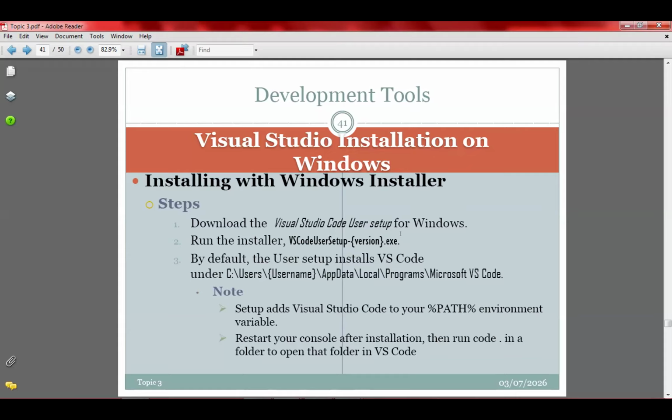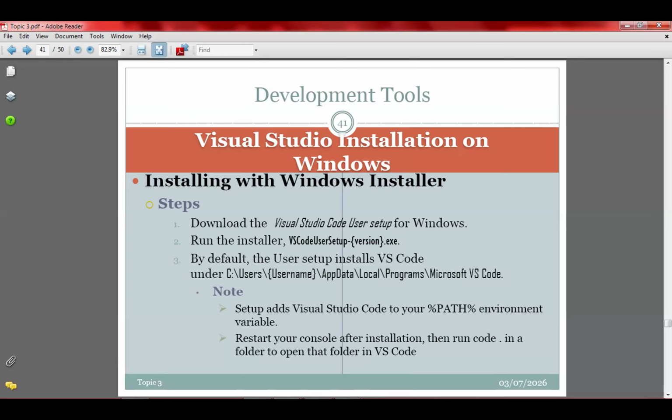You download it. When you download it, by default, the user setup will be installed automatically on this path. So on your drive C, Users, then your username, and then AppData, Local, Programs. When I go to where I've installed it on the other machine, I'll show you the path.